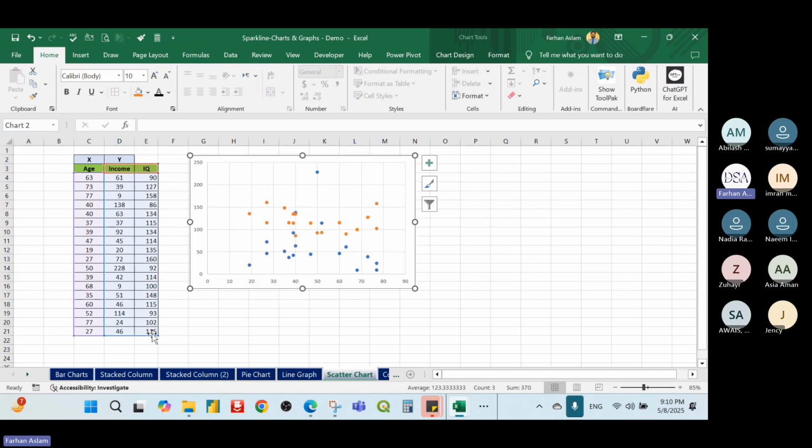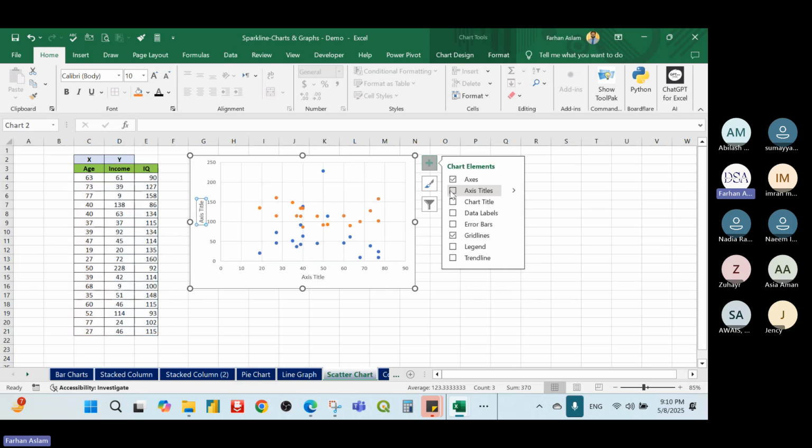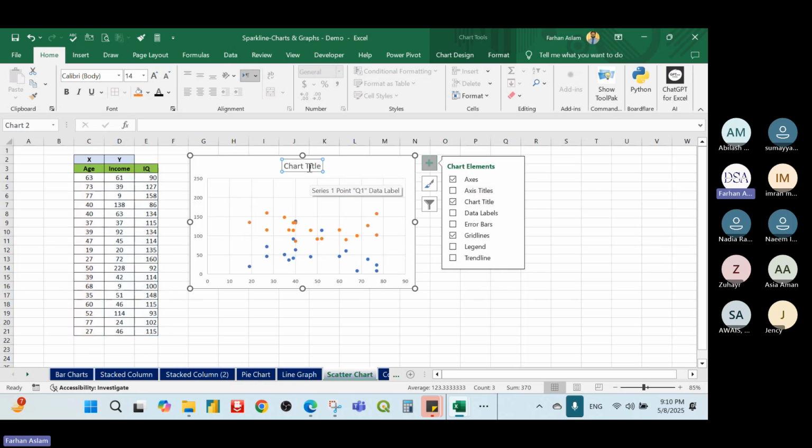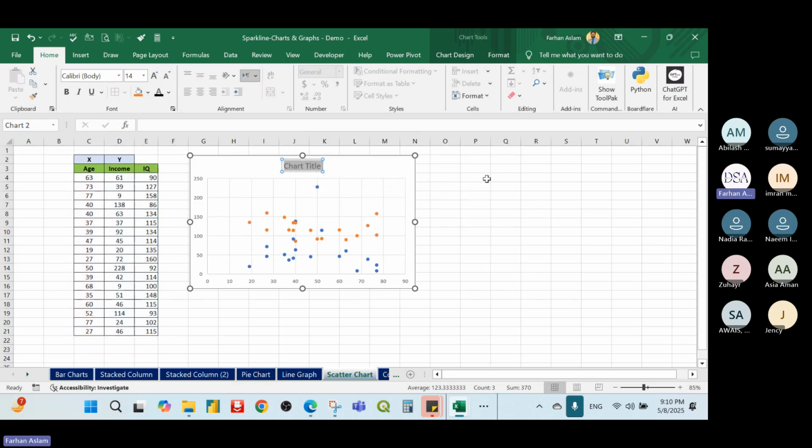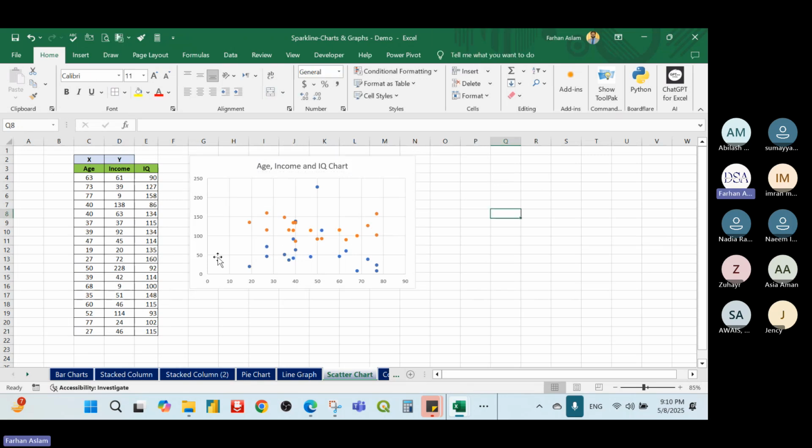And you will notice that orange dots are also added. So here you need to mention the title because the title is removed automatically. You can click on this and enter the chart title, like you can say age, income, and IQ chart. And you can explain it according to the scenario,